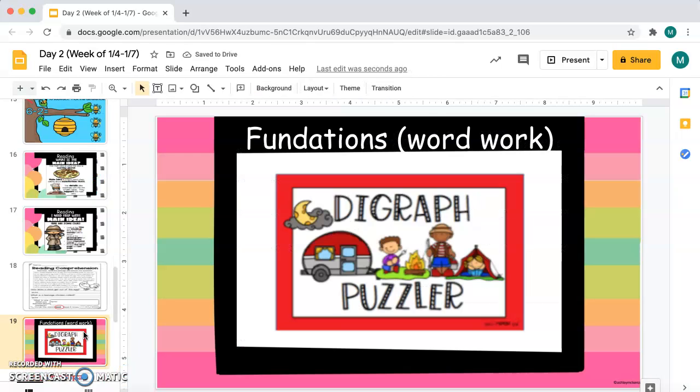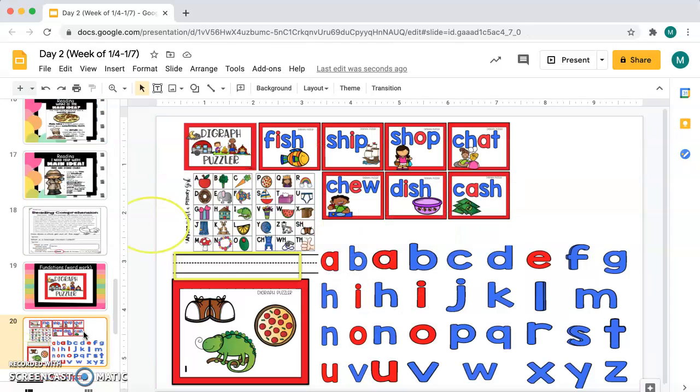Working on foundations word work again. This time you're doing digraphs. So digraphs is whenever you have 2 sounds at the beginning or the end of the word that go together and make a sound together, okay? So like this one, we're going to have to move an S and an H over for shoe. I'm using my key to help me. We're going to have to move a P over for pizza, and we're going to have to move an I